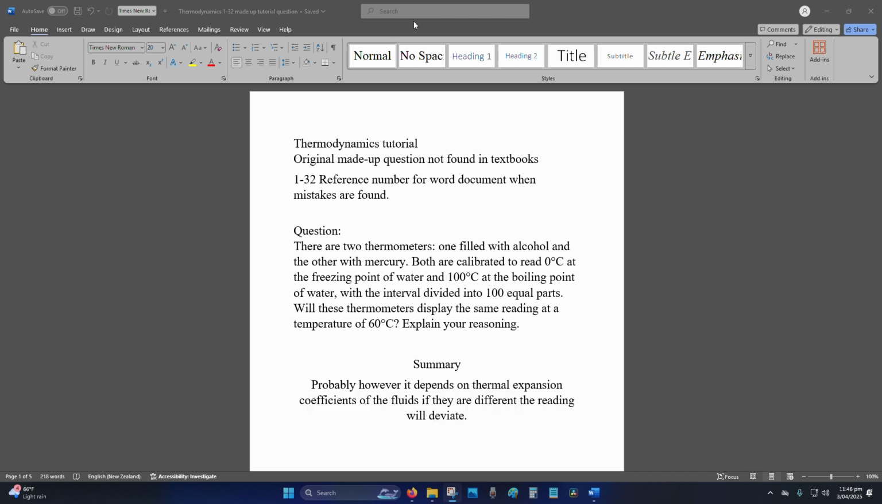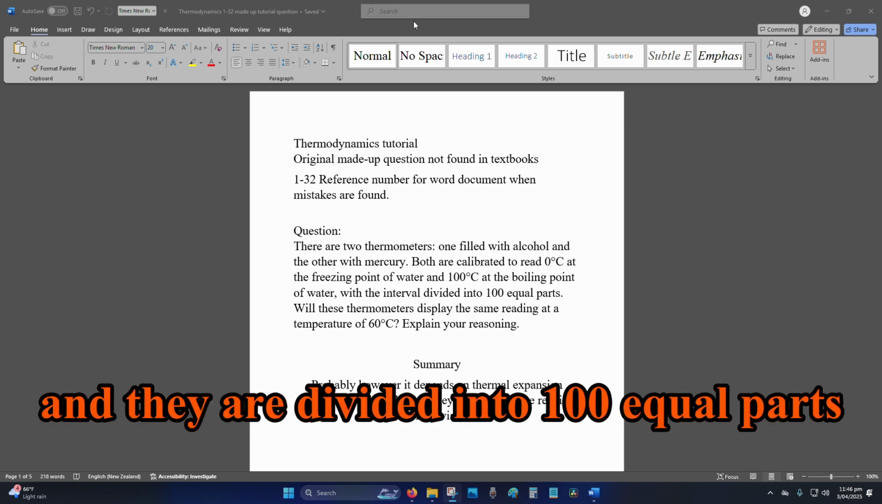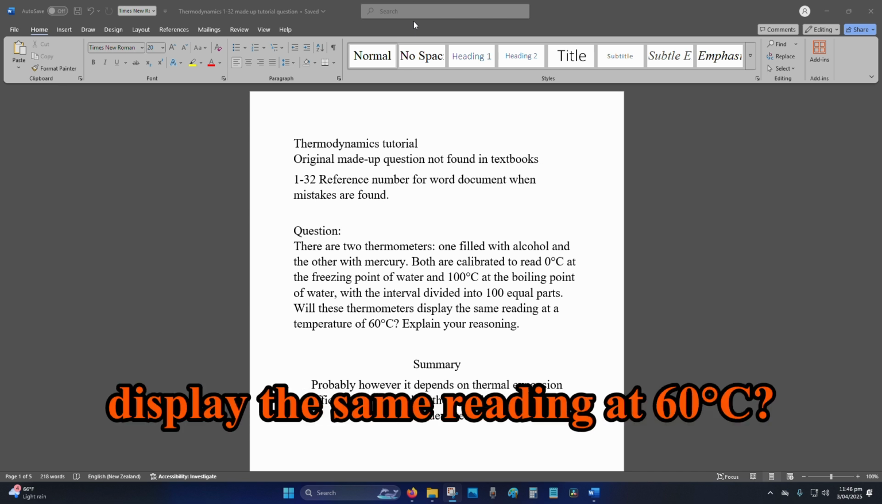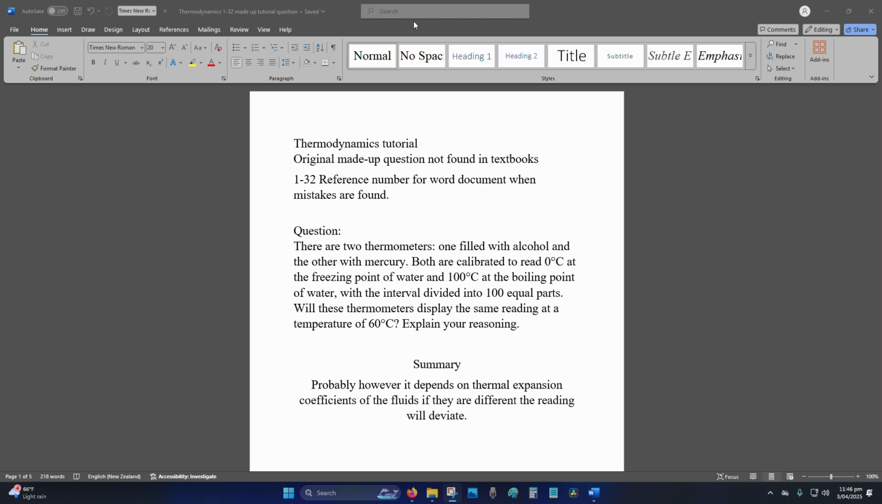Both are in water and they are divided into 100 equal parts for intervals. Will these thermometers display the same reading at 60 degrees Celsius? Explain your reasoning. So, summary,